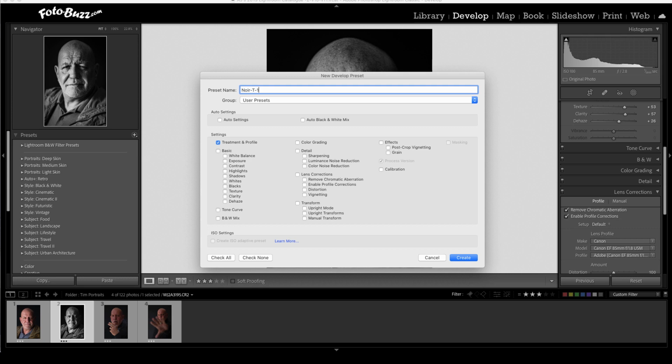There you go. So just in case we're going to do Noir-T-2, 3, 4, 5, 6, whatever, we've got that option in there. So our Noir-T for Tim is the name. The next thing we need to do is when you open this up, you might find that you have things